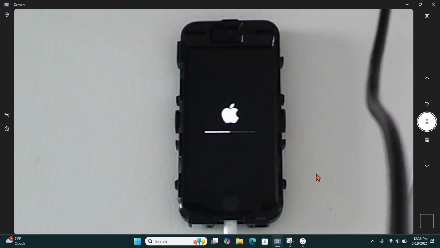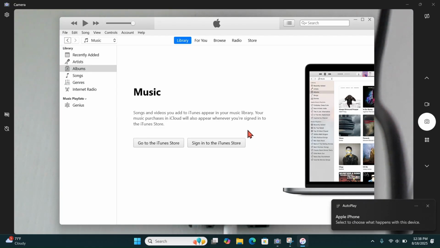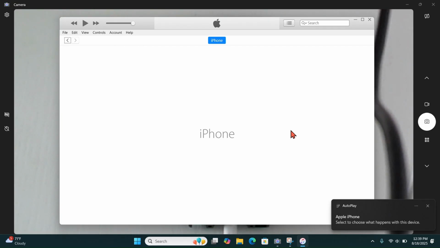So it's the iPhone 5S that was disabled because we forgot the passcode to it. It is in recovery. I'm just going to keep checking iTunes. Okay, so I got a notification saying Apple iPhone, select to choose what happens with this device. So I'm just going to stay on iTunes for now because I think it's about to say, okay, now it